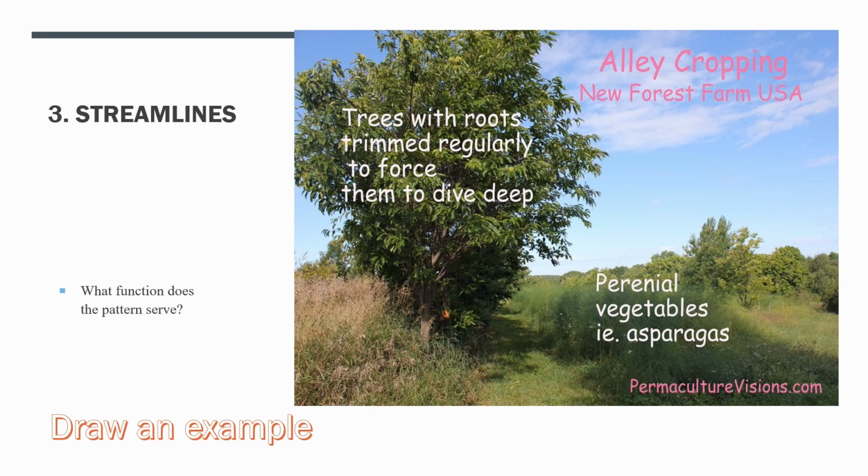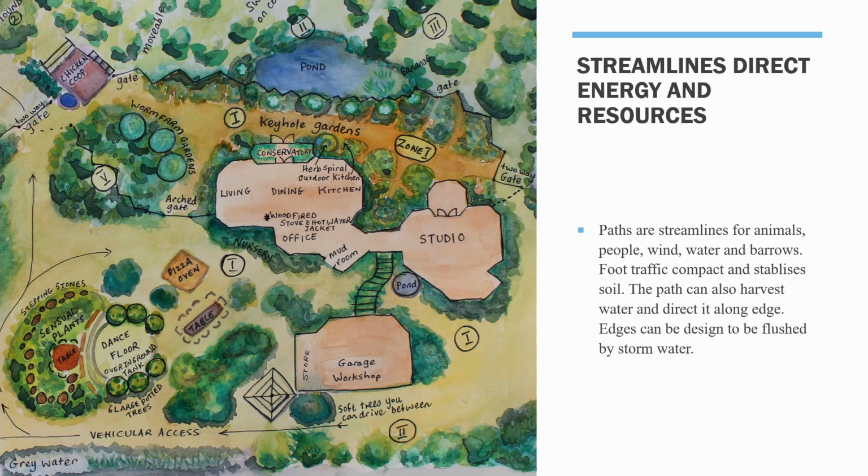In this example, Mark Shepard's New Forest Farm in the United States uses alley cropping, a type of streamlining where he wants to plant various crops but keep them so that they are easy to harvest. He also uses these as part of a key line system so that the water moves from the valleys to the dry ridges naturally. We use streamlines in paths for two basic reasons: to help people get somewhere without too